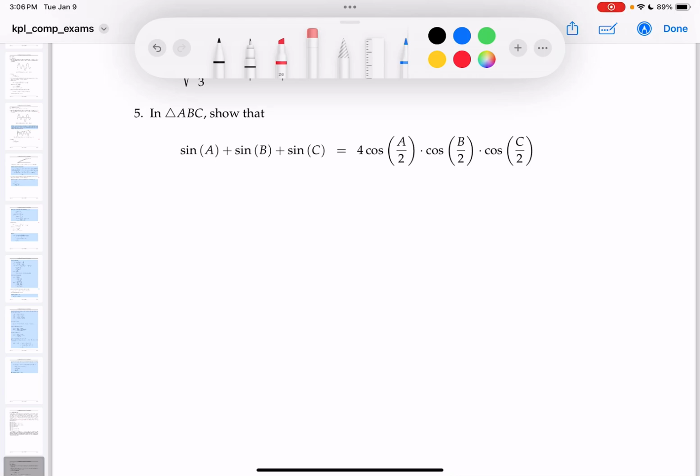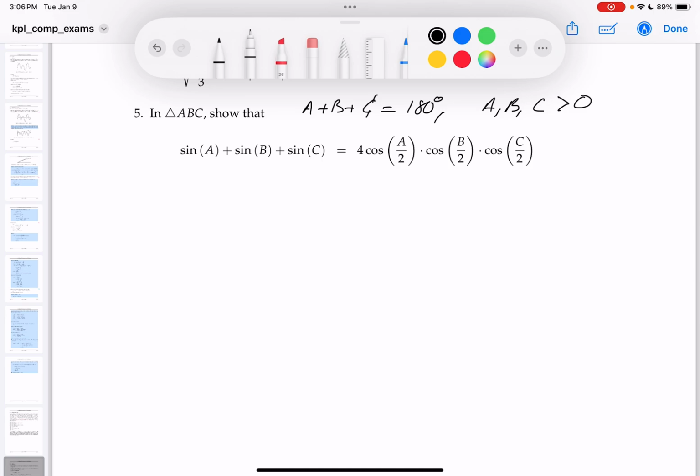Okay, for number five, looking at it, I'm told they have a triangle ABC. So before I go forward, I know that A plus B plus C is equal to 180 degrees. Or if you prefer, you can use radian measure. It doesn't really much matter at this point. The other thing I know is that A, B, and C all have to be